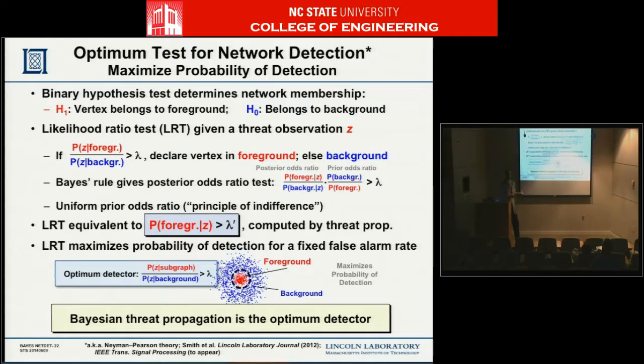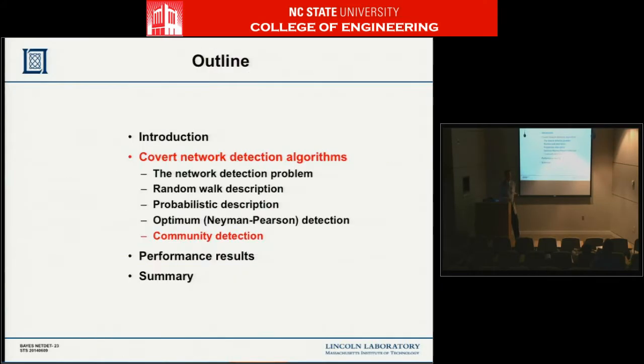And then from that, you want to decide which of your vertices are most highly correlated with your network. And it turns out when you do this in the way I described, you can show that it's an optimal detection test. And that's nice because you've got a nice algorithm to do it, and that gives you some confidence that if your assumptions are right, that's how threat diffuses, you've got a good algorithm to do it. And also it gives you a bound on what kind of performance you can expect to see in this kind of problem.